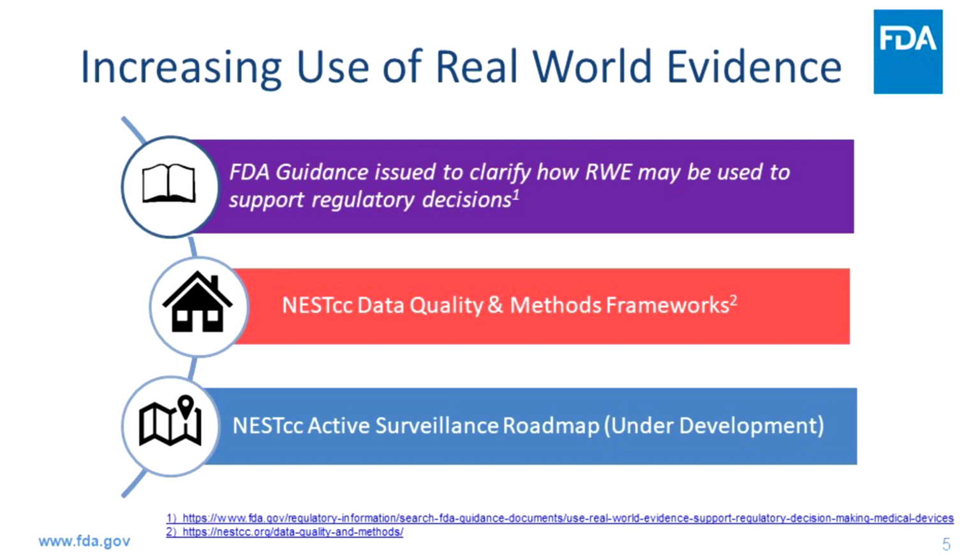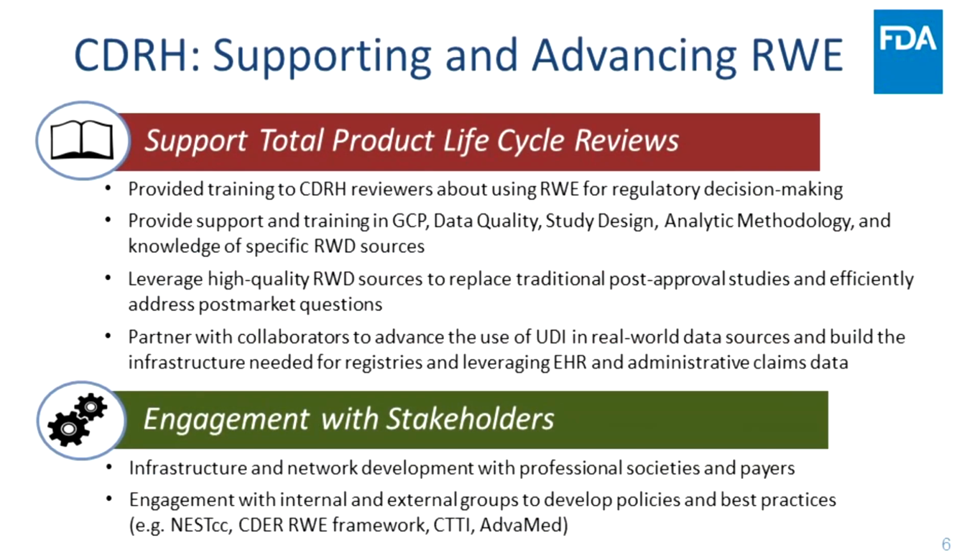Over the past few years, FDA has developed considerable experience with respect to real-world evidence. In the coming months, we are looking into ways to continue proactively sharing that expertise with the broader medical device ecosystem. In addition to CDRH's work with NEST, we have been advancing the use and ability to leverage real-world data and real-world evidence through providing training to CDRH reviewers about using real-world evidence for regulatory decision-making,